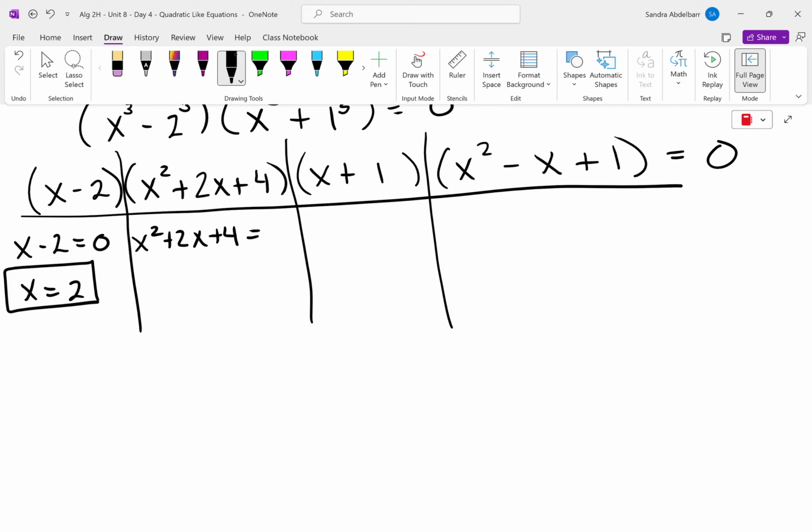Then I have x squared plus 2x plus 4 is equal to 0. Well, since I cannot factor this any further, what do you think I'm going to recommend we do to solve for x here? Danny? Well, okay, x then divide it to the